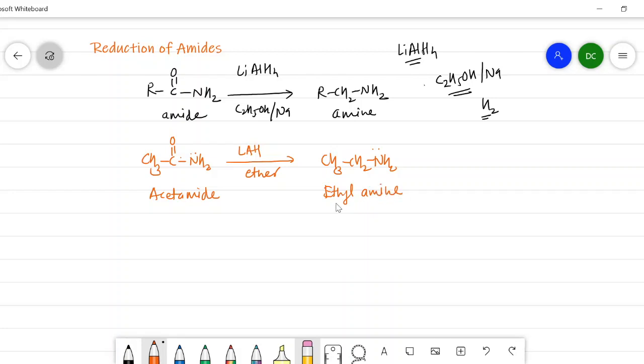So these are the different methods of preparation of the amines, in which we have seen ammonolysis, Gabriel synthesis, Hoffmann reaction, reduction of cyanide or nitrile, reduction of nitro compounds, and reduction of amides. So this is all about the methods of formation, and we will stop here. In the next lecture, we will see the chemical properties or the reactions of amines.